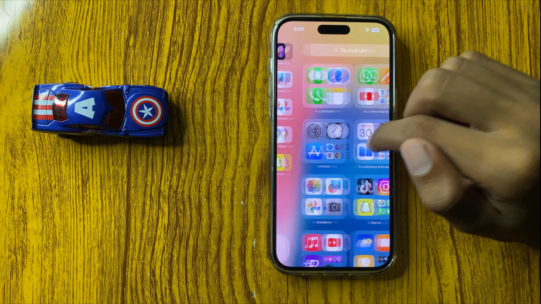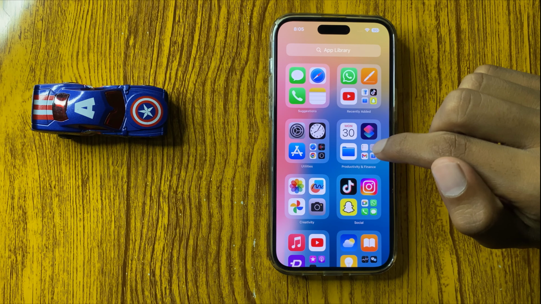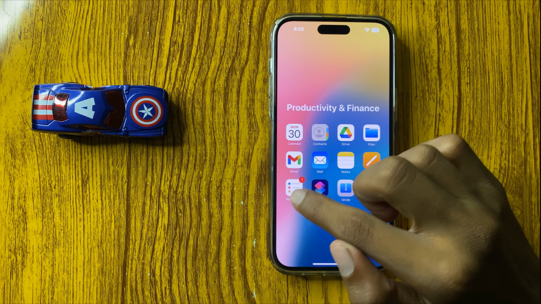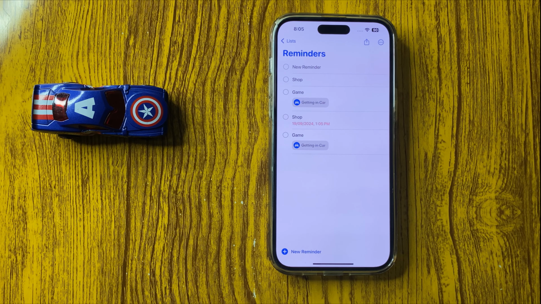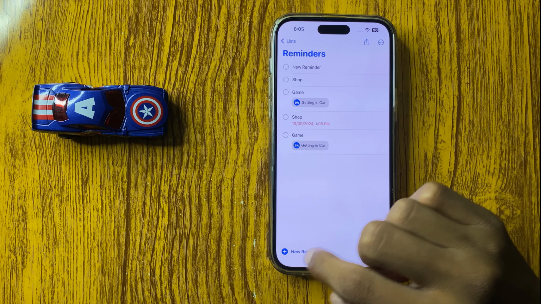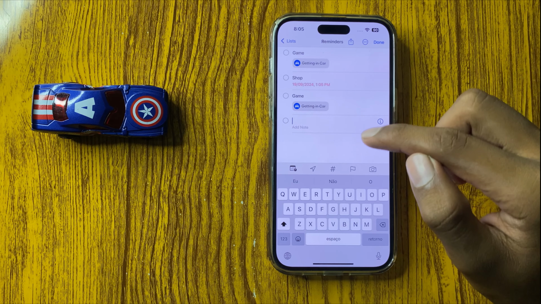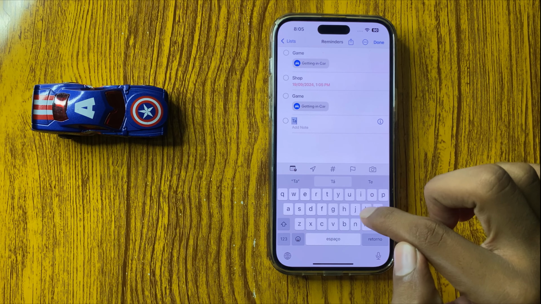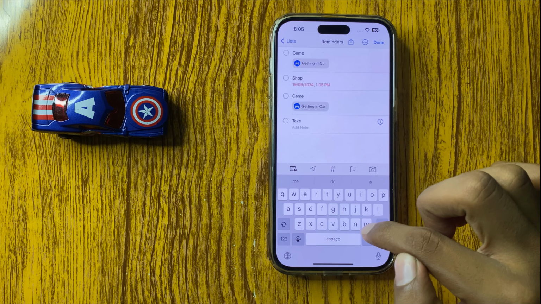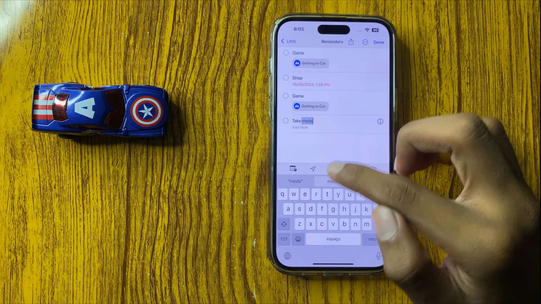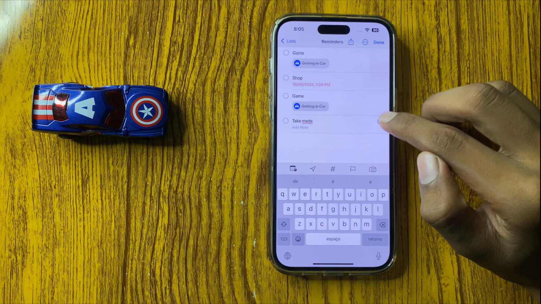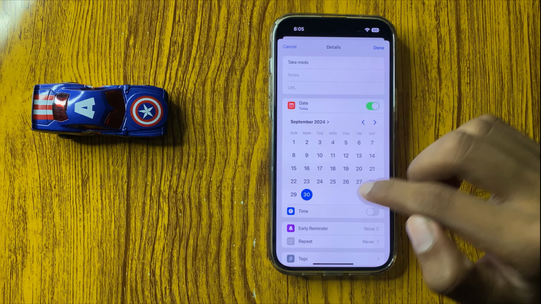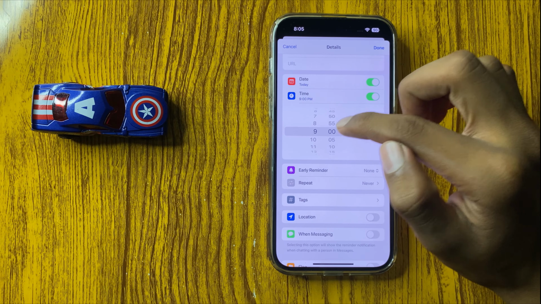First of all, open App Library and then click on Productivity and Finance, and then click on Reminders and click on Add New Reminder, and here give your reminder a name, Take medicine, and click on this info icon, and here you can add date or time and set a time for